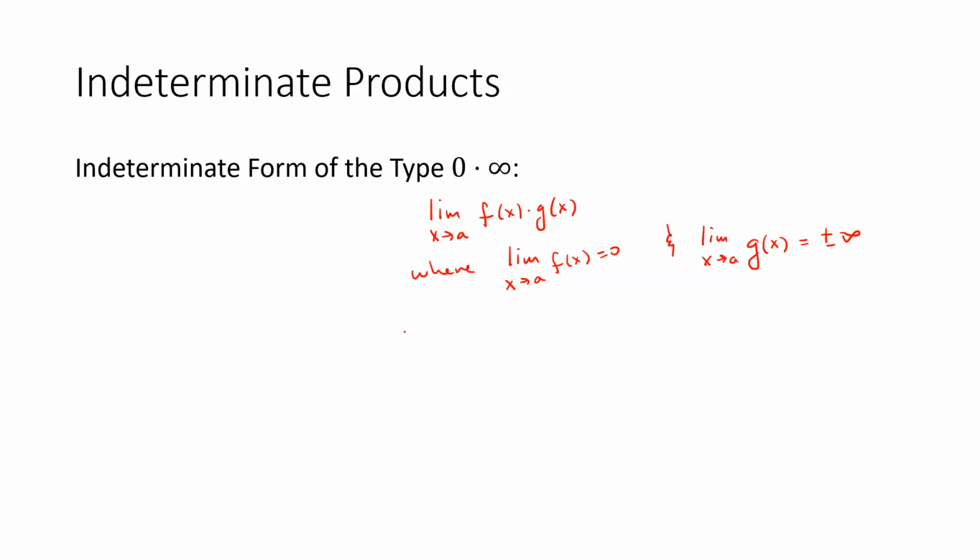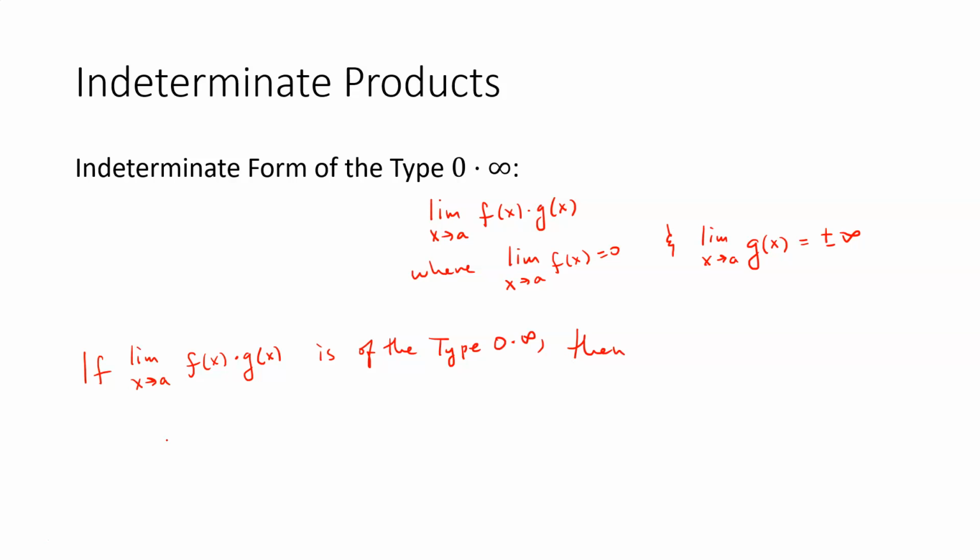And the reason why we'll be able to evaluate these using L'Hopital's rule is because these can always be manipulated into a form that's either 0 over 0 form or infinity over infinity form. So if, for instance, we have the limit as x approaches a of f of x times g of x is of the type 0 times infinity,